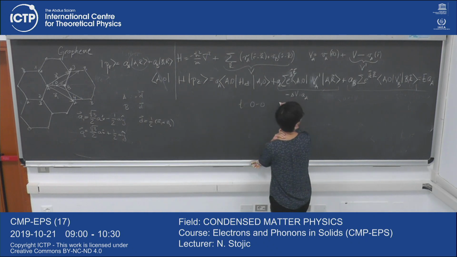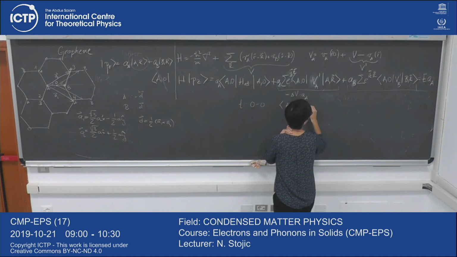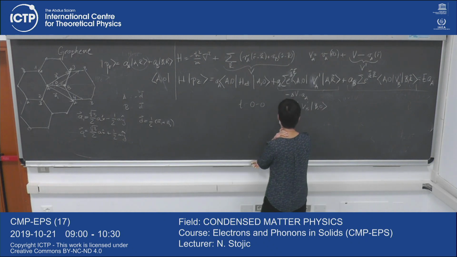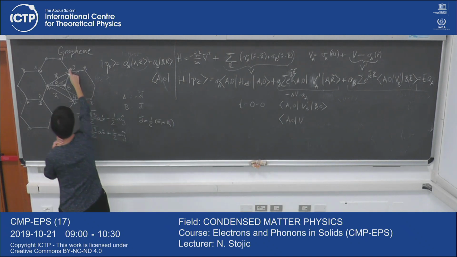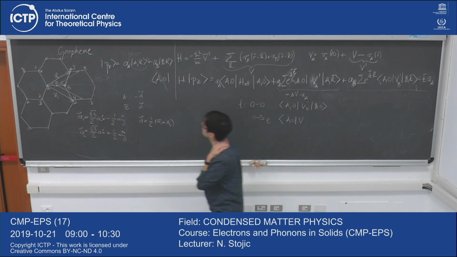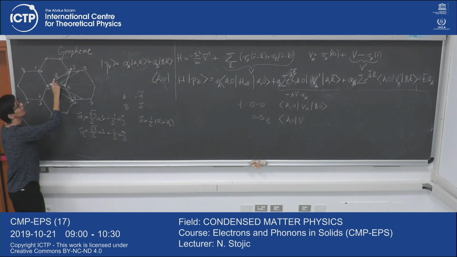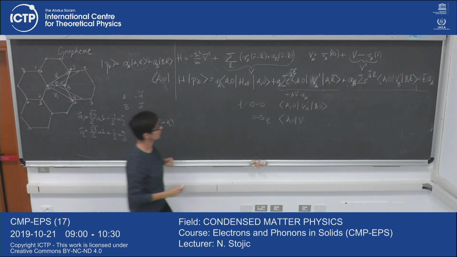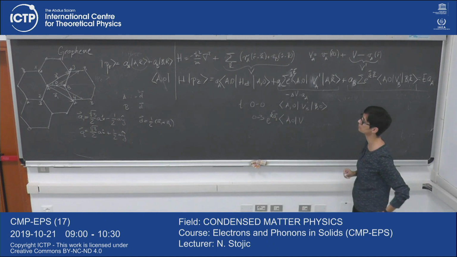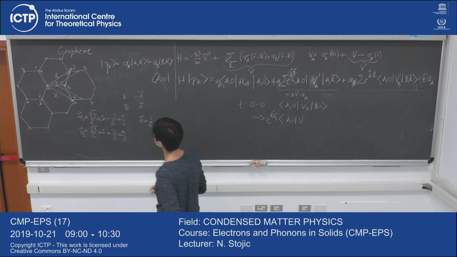I will have just A0, V prime V, B0. Then the second one, the neighbor 3, I will have actually a phase. This is A2. A2. And this will be